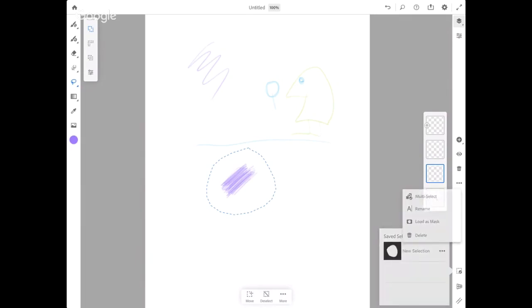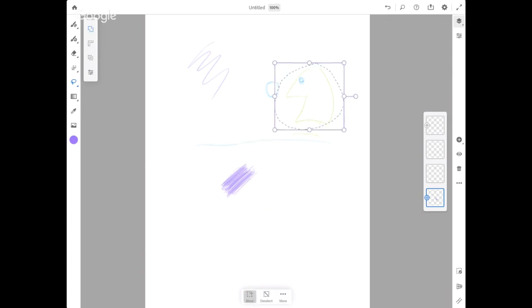Yeah, let's talk through that. What do you think that does for you? Yeah, so let's say I've got a layer with stuff on it. Basically, you can use it as a layer mask like Photoshop. So, I've got a bunch of content here and I only want to show what is in this weird circle-y shape. Let's move this over to here. Let's say I only want to show just zoomed in on the magnifying glass and his eye. I could potentially, I guess, save that selection. Mm-hmm. And then,